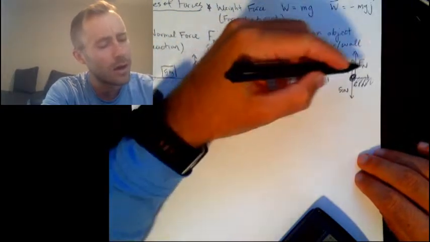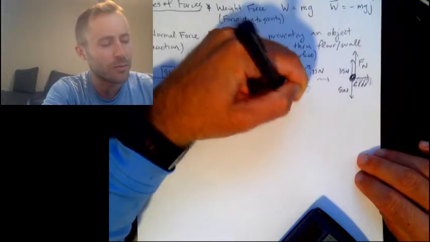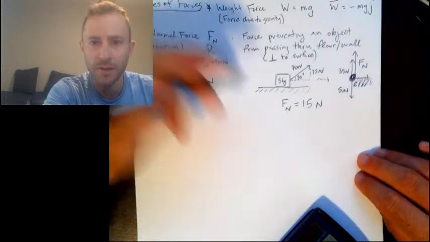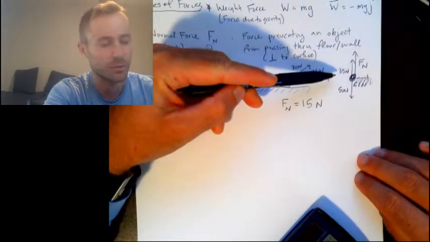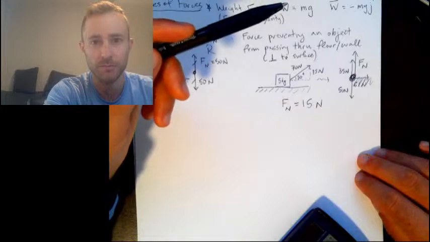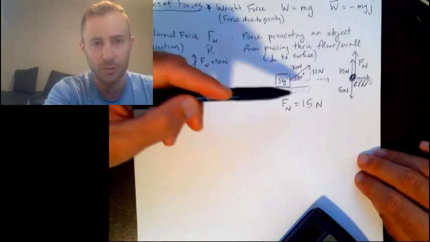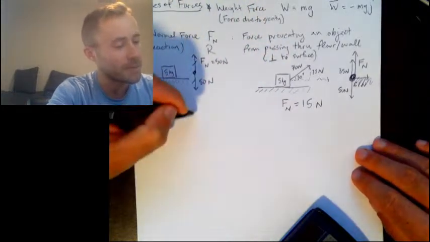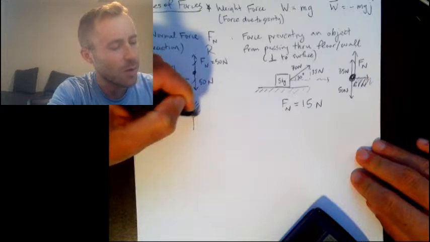Okay? So you can see here that the normal force must equal 15 newtons. Why? Because that would make the total upward force 50 newtons, which would balance the downward force. Okay? So this is an example where normal force is different from the weight force. Let's do another one. What if you have a vertical wall